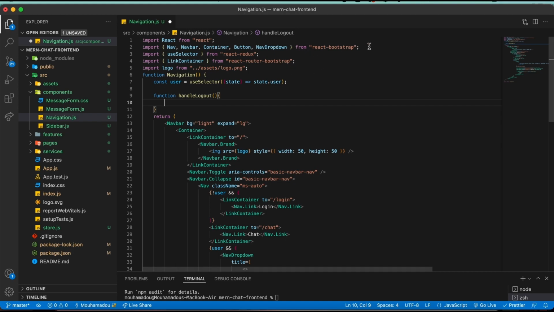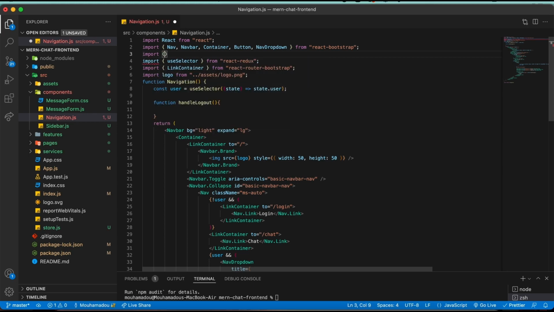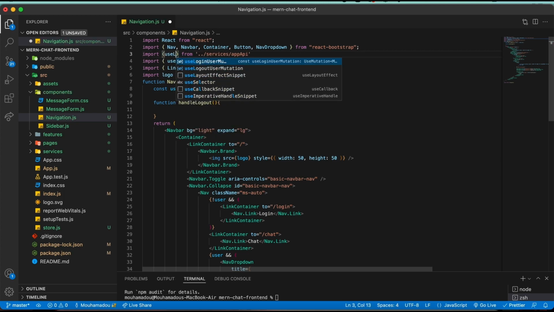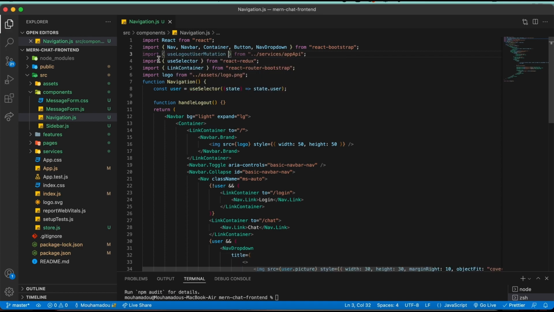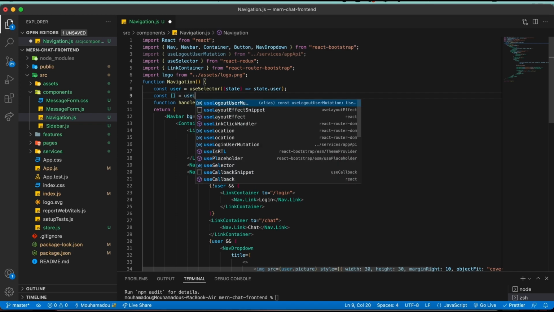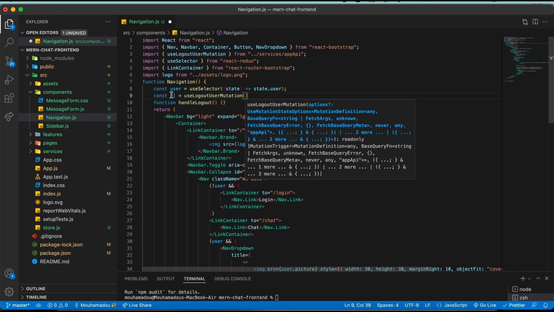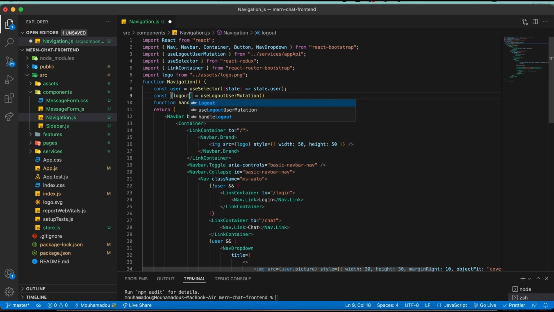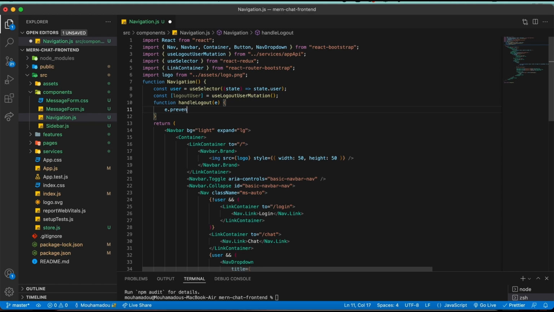So for that, we need to import from the app API, right? So services, app API, it's going to be use logout user mutation. We say here const as before, but equals use logout user mutation. Just need the logout user like this. And now the handle logout here, it takes an event, and we say e.prevent default,